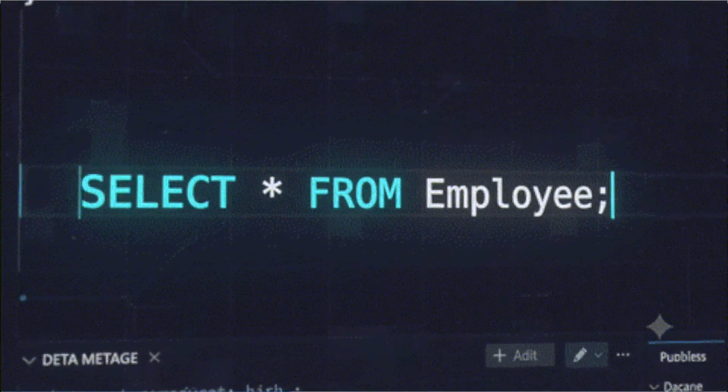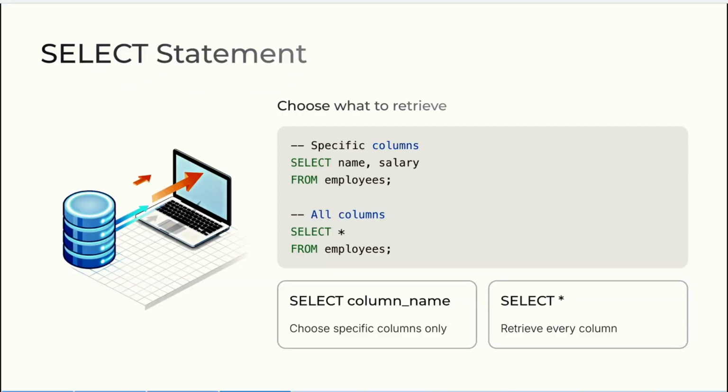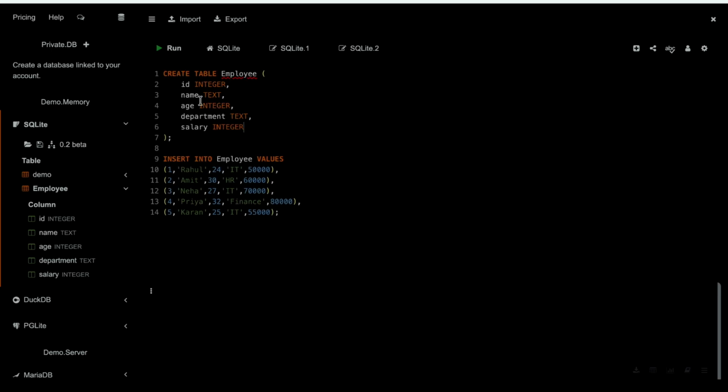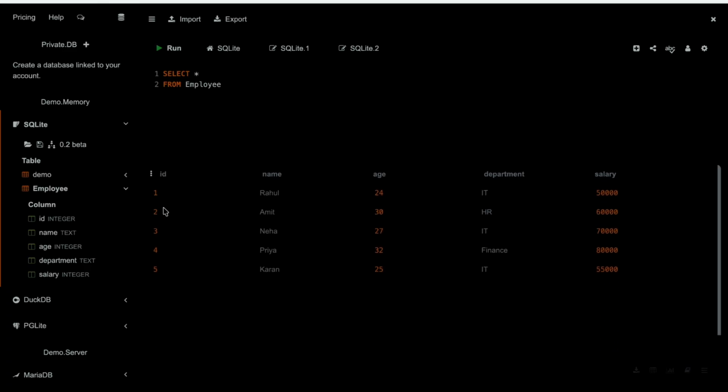If you use SELECT asterisk, then in this format all the columns are going to be retrieved in the order as we have added in our table. I am going to show it. Like in the table we have first ID, name, age, department, salary. We are going to get the columns in the same order. So let's write SELECT * FROM employee. Now we are going to run it, and yes, we have got all the data in the table